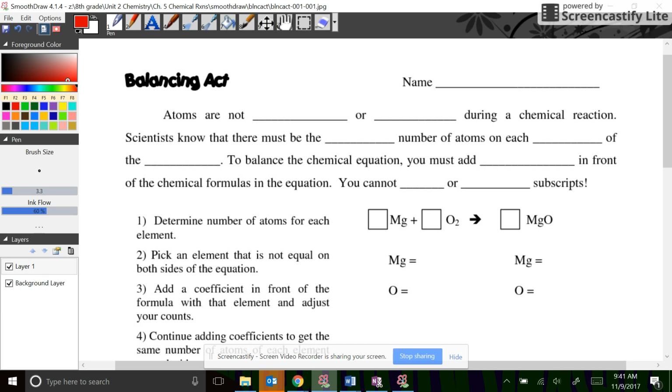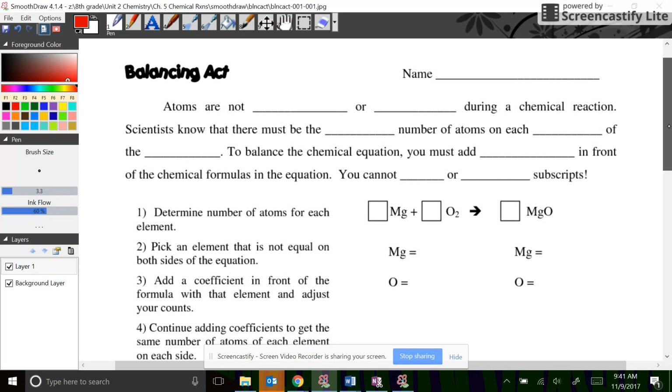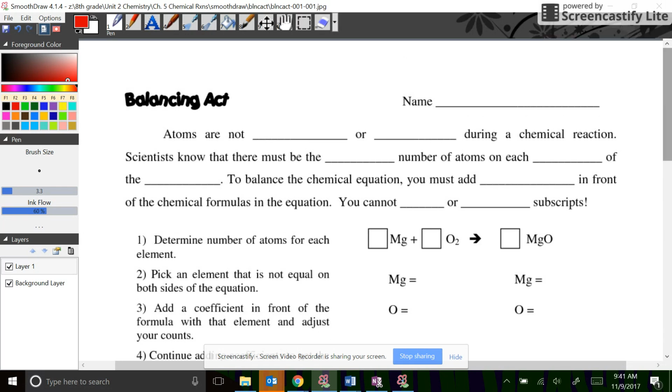Now we're going to look at this balancing act sheet, and we're going to go through how to actually balance a chemical equation so we have the same number of atoms on both sides of the arrow. So let's fill out this paragraph first with some terms that we need to know. And some of these things we'll be coming back to later, but these are kind of important concepts to understand chemical reactions. So atoms are not created or destroyed